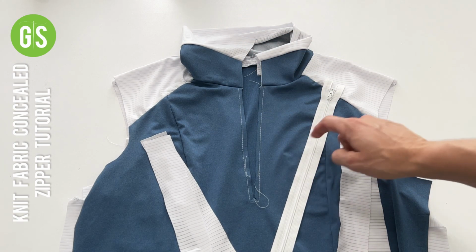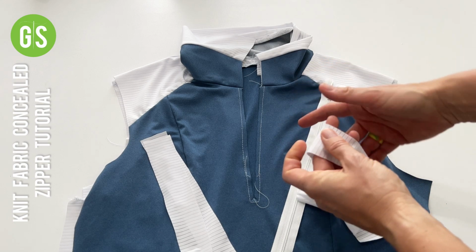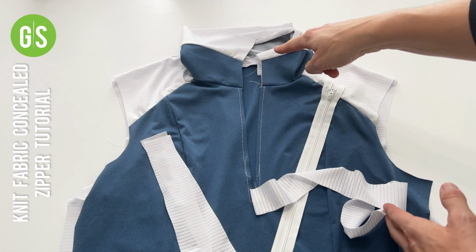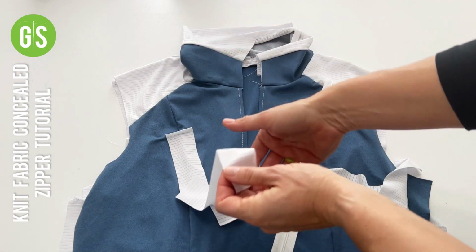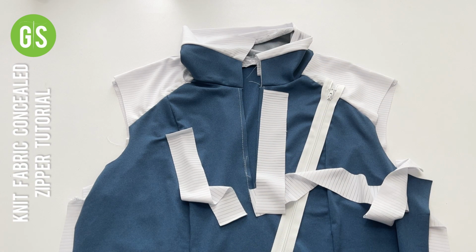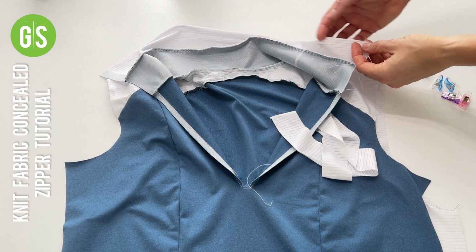The same rules for concealing a half zipper apply for a full zipper. Supplies needed include your jacket, the zipper, and coordinating strips of knit fabric. Additionally, you'll need wonder tape, pins, or clips. I recommend that your knit fabrics for the collar lining and zipper match. The first step is to place your longer knit fabric strip along the inner collar that will later finish the